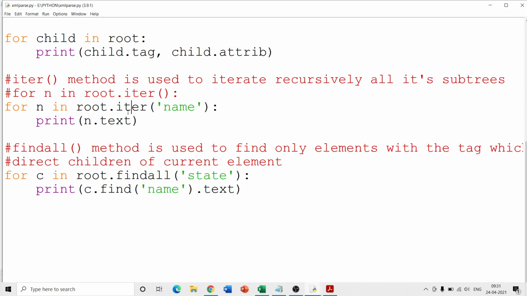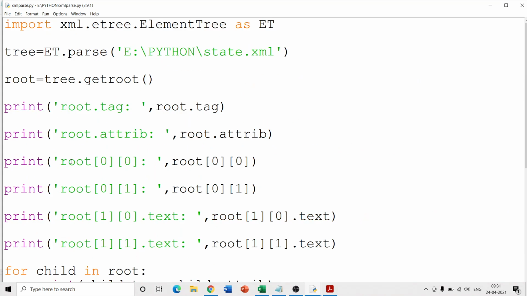But definitely you have to use the attribute text in order to fetch whatever the contents are as far as the tag is concerned. Okay, so let us try to go through the things once again.